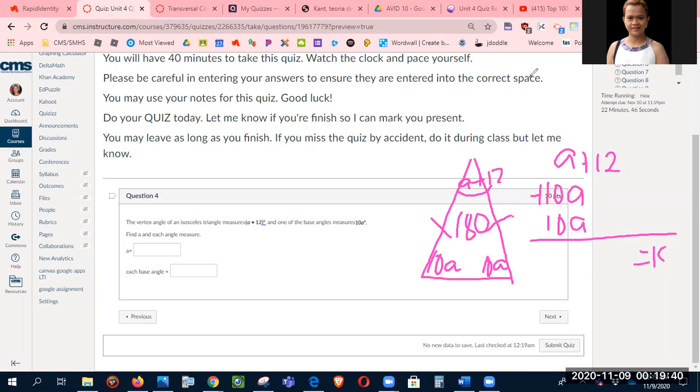The total will be 180. Therefore, 10 and 10 and 1 is 21A plus 12. So that will become 21A equals 180 divided by 12 is 15. So A is equal to